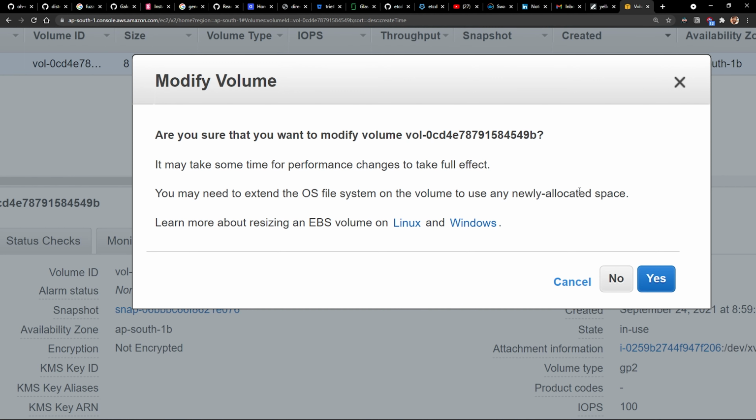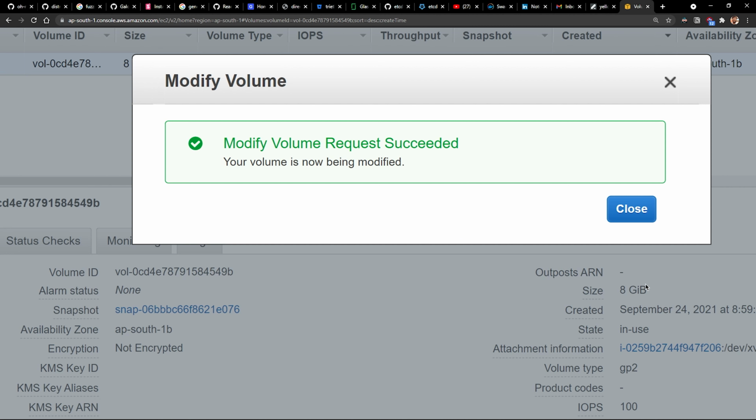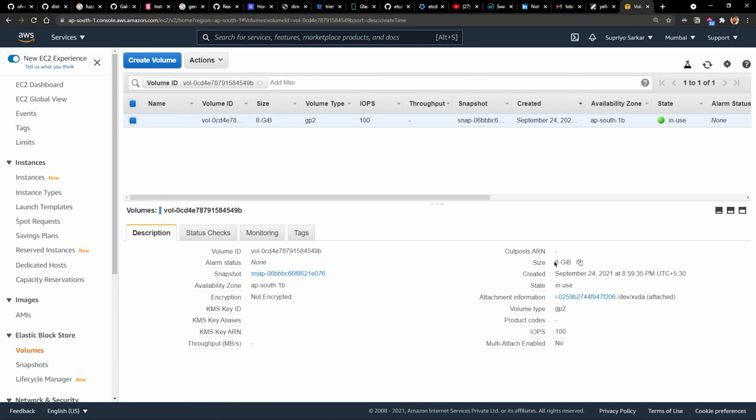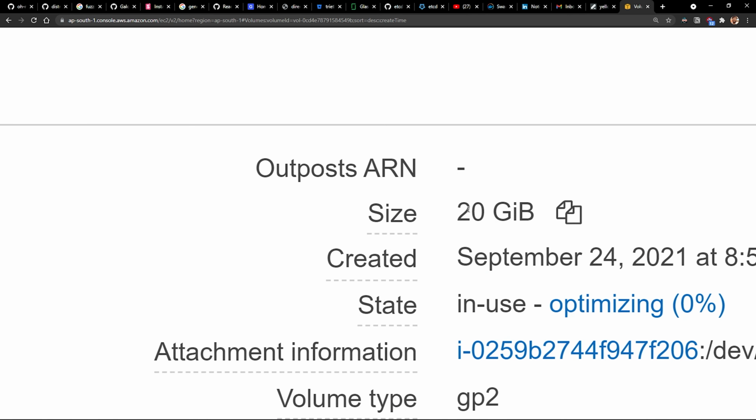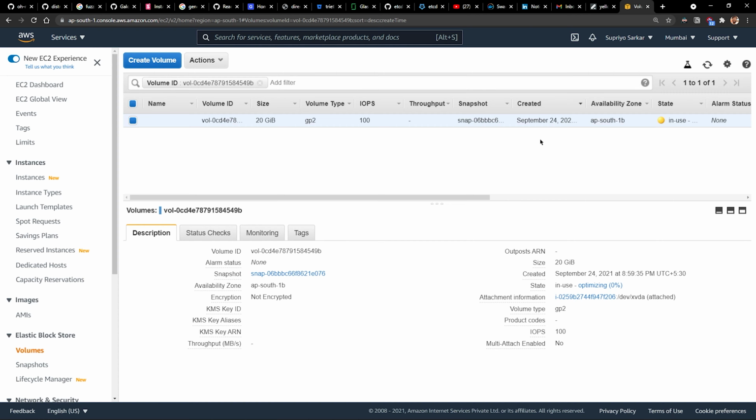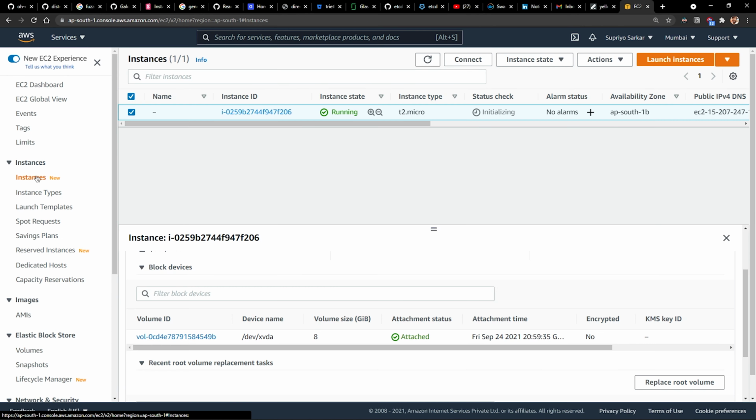If I just hit yes, it will modify this size, but it will not be affected in your actual machine. For that, you'll have to access the machine and then make some changes. I'll show you that right now. Awesome. So right now you can see the size is 8 GB. Let me refresh this, and there you go, you see, 20 GB. So now is the fun part. Go to the instance section. You see this is your instance ID,